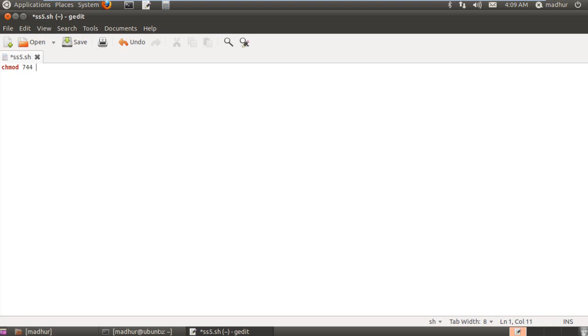And then of course, since I'm gonna pass the name of the file as an argument, the name would be stored in the positional parameter $1, and when I execute chmod 744 $1, the permission of the file would be changed. And we can also see that by having ls -l and then the name of the file, which is still in $1. And I'll save this